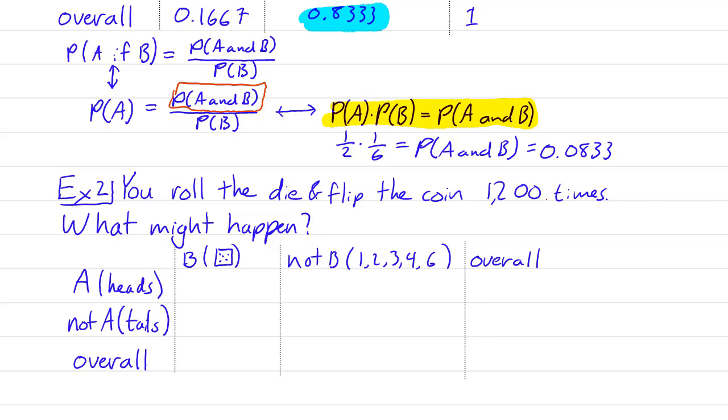Now, we're going to make a weird assumption here that everything happens perfectly, that there's no randomness. Well, I guess there is randomness, but you just end up with exactly 600 heads and 600 tails, which is very unlikely to happen in the real world. You're more likely to get like 590 and 610 or all kinds of other things, but somewhere around 600. So we're just going to assume things work out perfectly here to make the math a little easier,